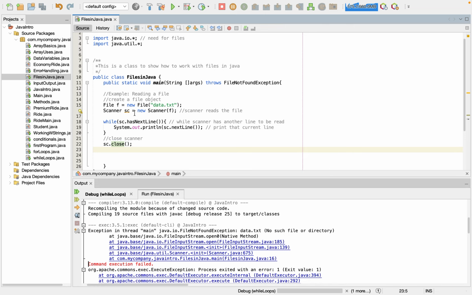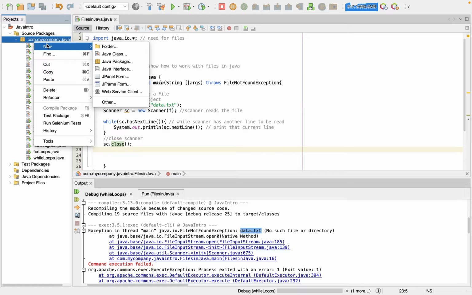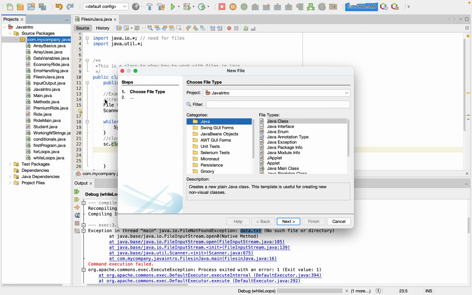So again, I don't necessarily recommend this way, but I did want to show you all this way because it is something you may come across. In this case, it just crashed because the file did not exist. Down here, it's saying data.txt, no such file or directory, because we do not have that over here. So what we can do is say new, let's see if I can find it, other,